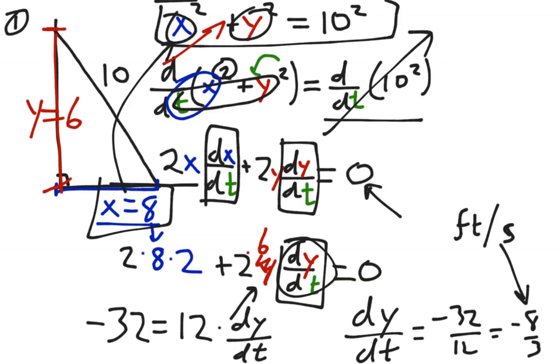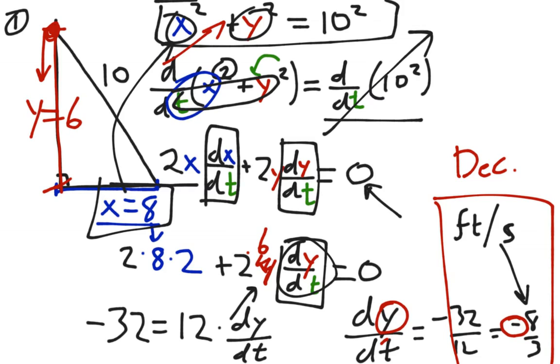I know this is long. We're almost done. Just want to notice something very special about this number. Notice that the change of y with respect to t is negative. Does that make sense in the problem? Go back to the problem. Here's the height, and the height is, in fact, decreasing. Because the height is decreasing, that means that the rate at which the height is changing should be negative. Congratulations, you have just now